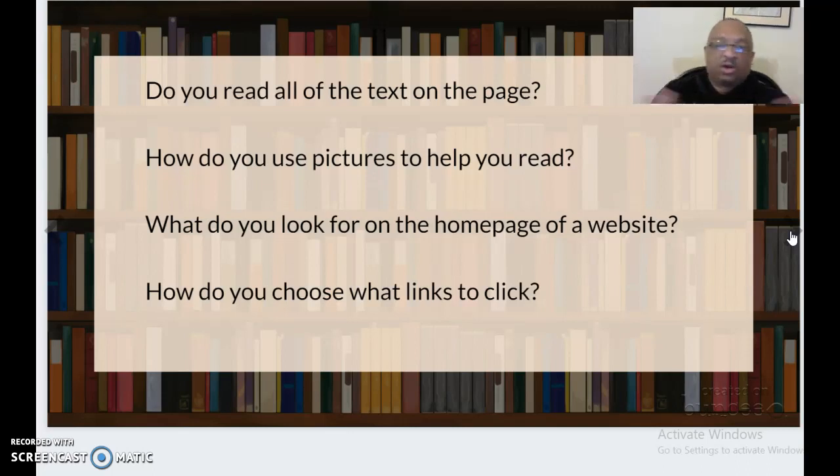Now, if you're just on the internet, just getting lost in some sort of page about actors or actresses or musicians or music, and maybe you don't care about all that stuff, maybe you just want to relax. But if you're going to do some